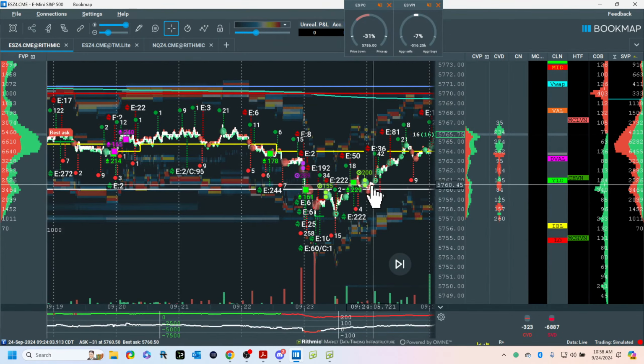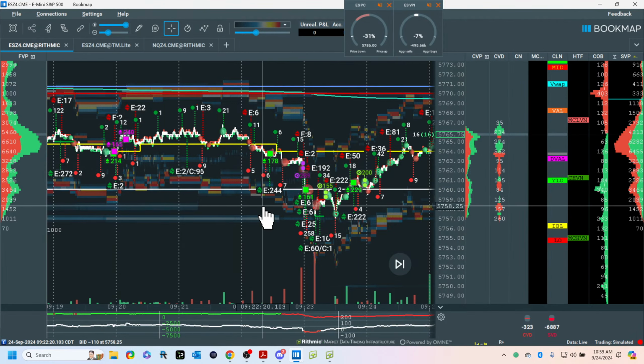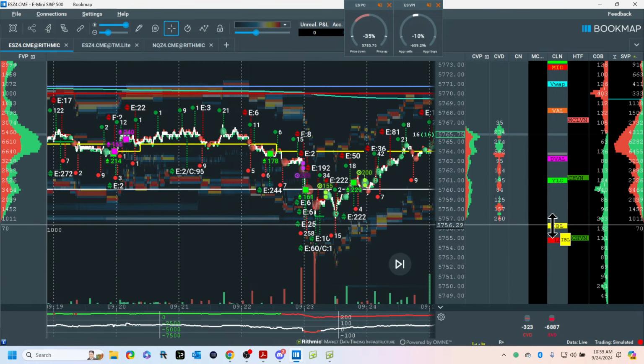I take a long here. And I believe it was right there. Yeah, along there. But I also have, by the way, a statistic that we're going to take out this. That's called the IB 30 stat. And at 9:30 Central Time, there's over 90% probability we'll take out either the first hour high or low.